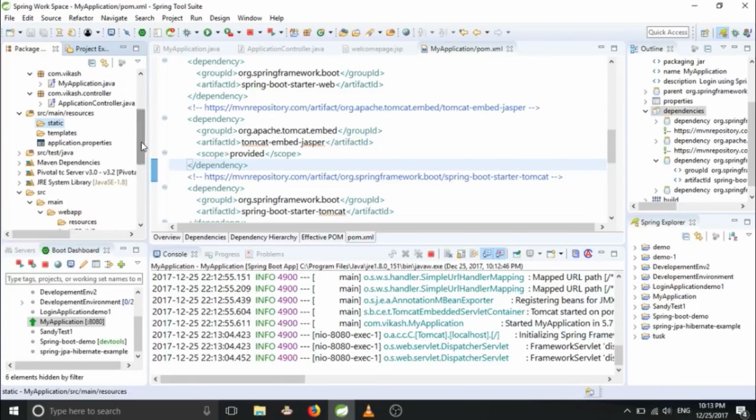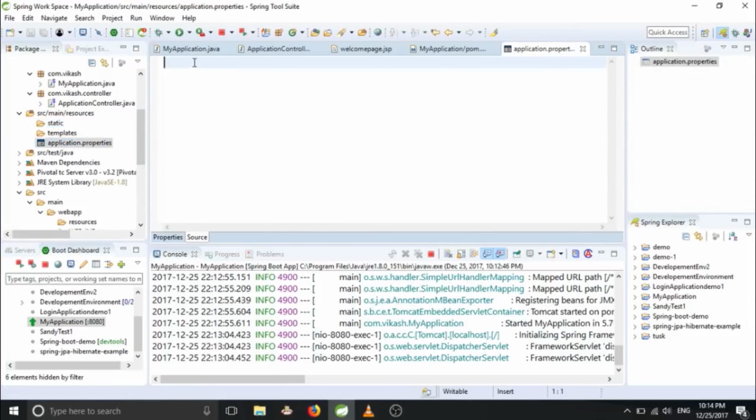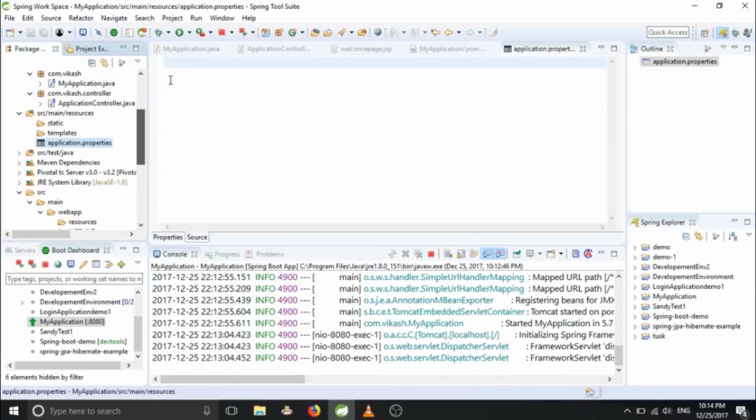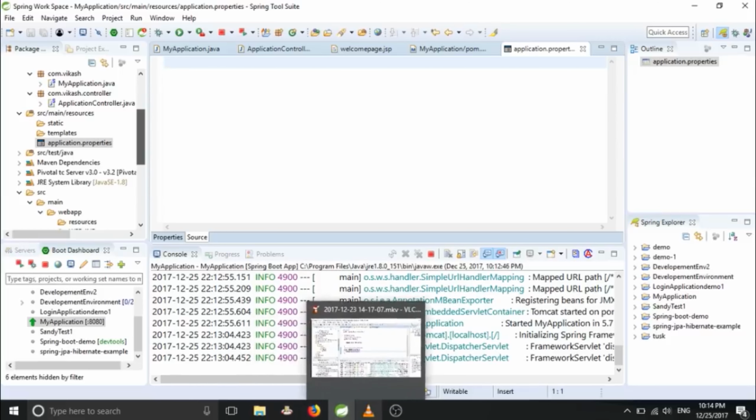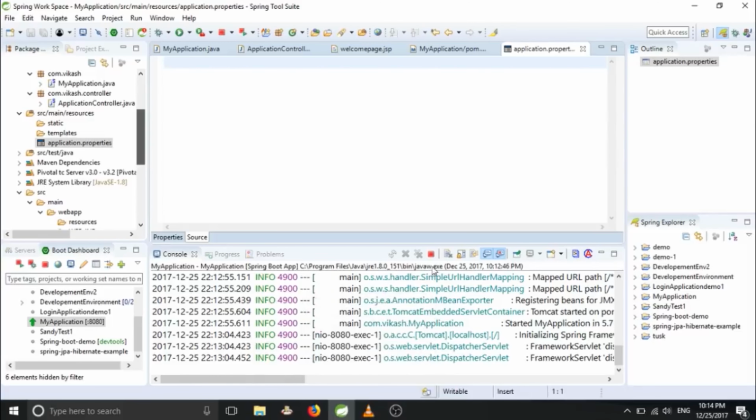That we will be doing using application.properties file, which will be here in resources. You have to open your application.properties, and there you can provide where your JSP pages are. You have to mention it here. So for that we have some specific methods. We have to follow that, and we have to remember it, because all the time we will be using that method. That is